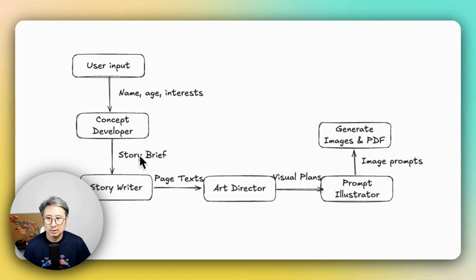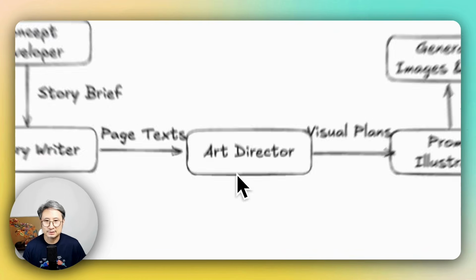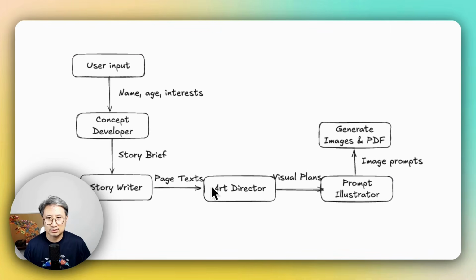And then all this information moves to the art director, which is the visual planner. It looks at the story text and brief, then describes what each page should show, things like where characters stand, their faces, the background, light, and mood. For the cover, they add where to put the title text. They copy character details exactly. If there's text in the scene, keep it to 2 or 3 words at maximum